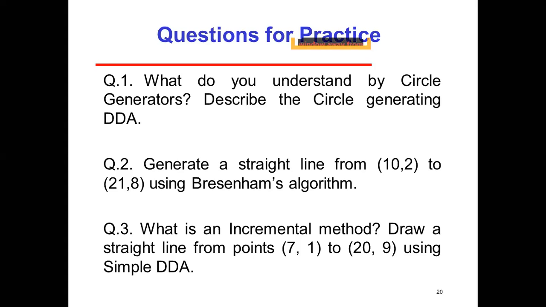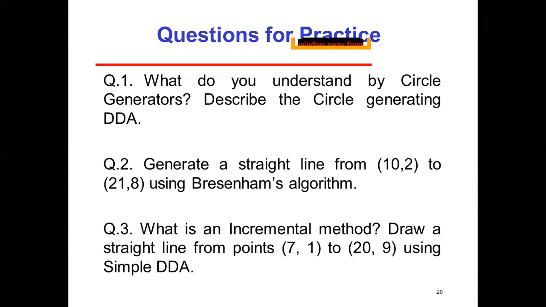So calculate E is equal to delta y over delta x minus 0.5. First calculate the value of E, which is called the error term, and after calculating it, check whether E is less than 0 or greater than 0. So the initial formula for E is delta y over delta x minus 0.5. First calculate E, and after that you can decide. If E is greater than 0, then use y is equal to y plus 1.